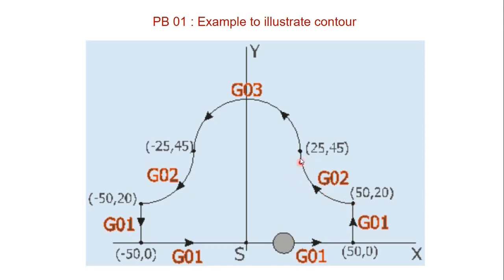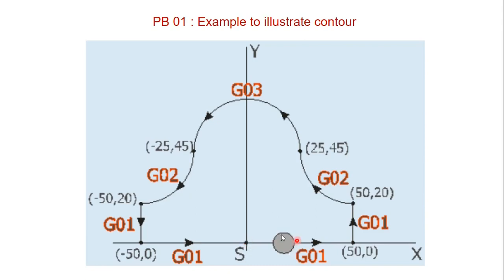So you can see there is a radius of 25 here. Okay. So again you can see G02 because we are using a clockwise motion here. So when the tool reaches here, it has to move like this, so that is anti-clockwise motion. So that's why we are going for G03. Then again from here to here it is clockwise motion, so that's why G02, and from here to here it is G01, that is linear, and then again the tool will come to this position. Okay, so let's see the program.